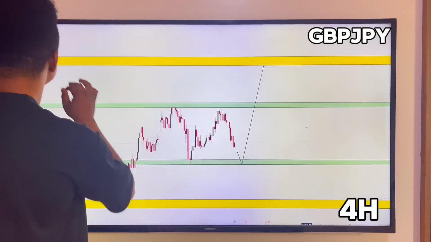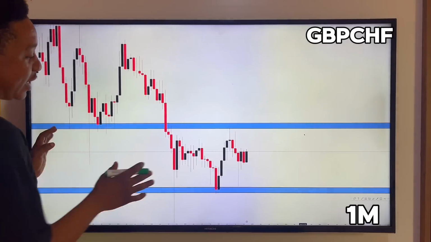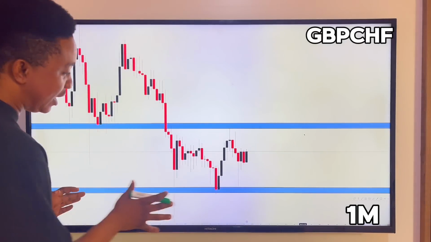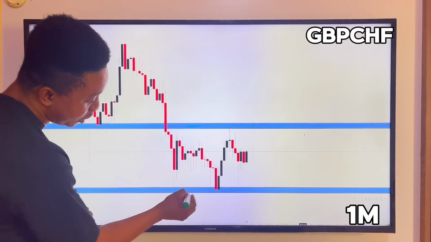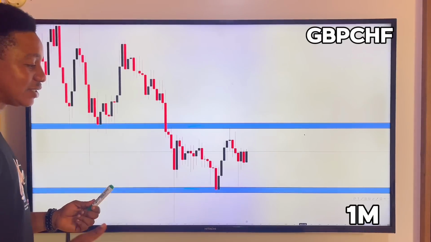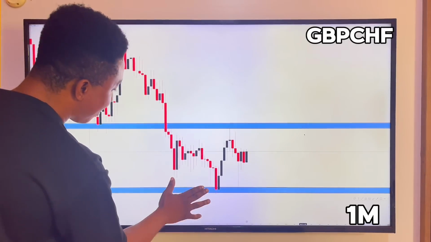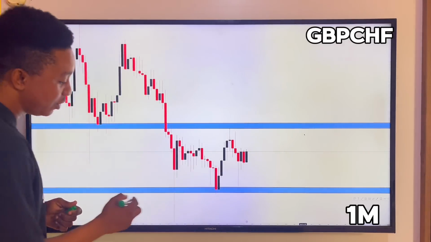All right, so the next pair on the list is GBP/CHF. Let's dive into it. Start on the monthly time frame. We have the monthly upper zone and the monthly lower zone. Now let's explain. If you look closely at the monthly time frame here on GBP/CHF, we have a strong